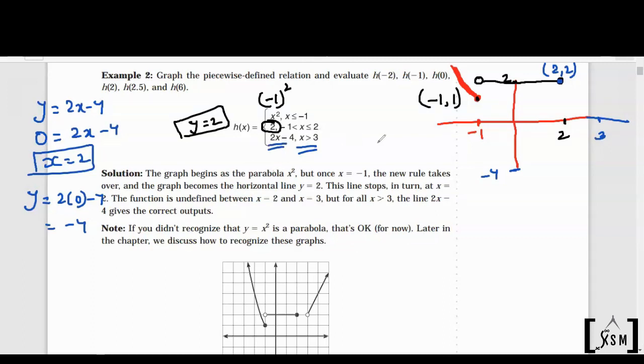So y is equal to 2 times 3 minus 4, 6 minus 4, which is 2. So yes, I know that on the third straight line, when x is greater than 3, the y value is 2, right? So we start with this and we make a hollow circle, because for the third equation, the x value is not equal to 3. It has to be greater than 3. So the drawing would be something like this.